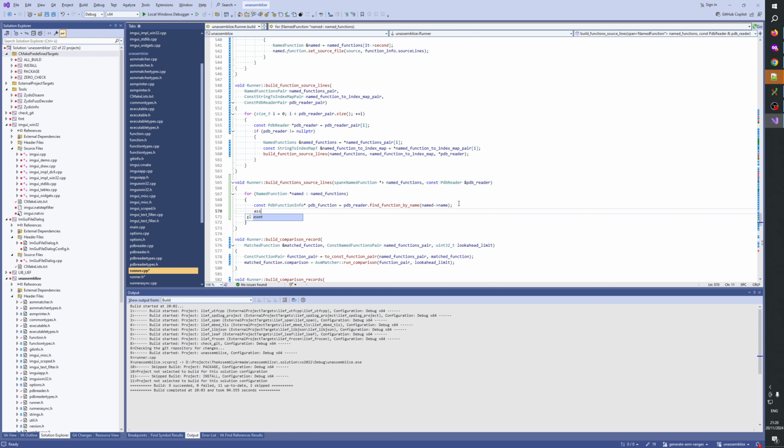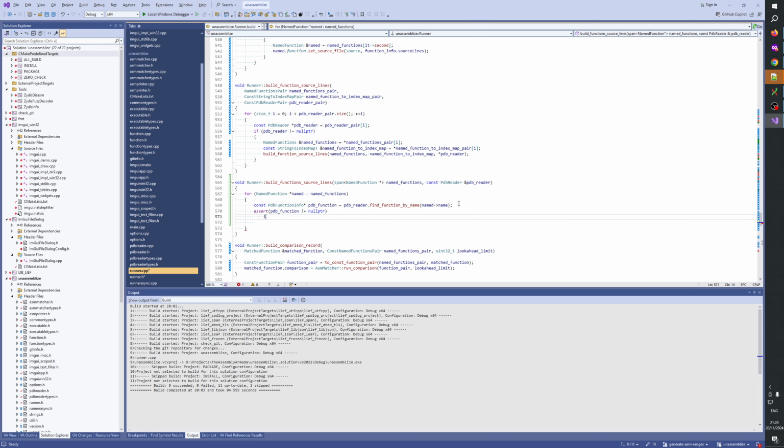So I'm not sure if assert not null is valid. Let's put it there for now. Let's see. If pdb function is not null pointer, then